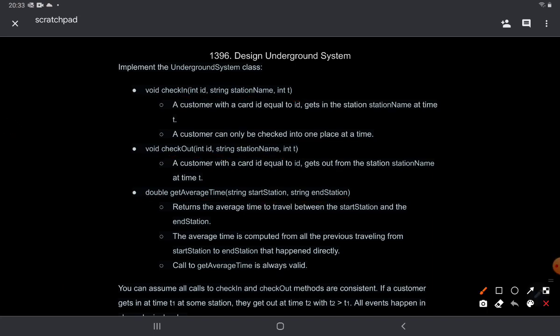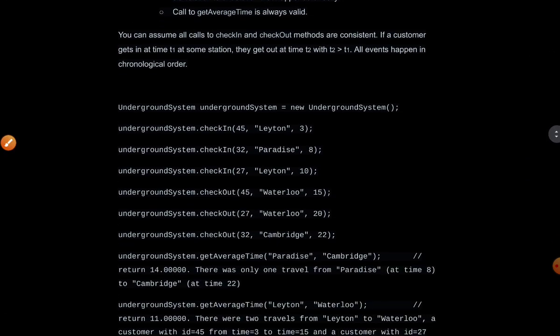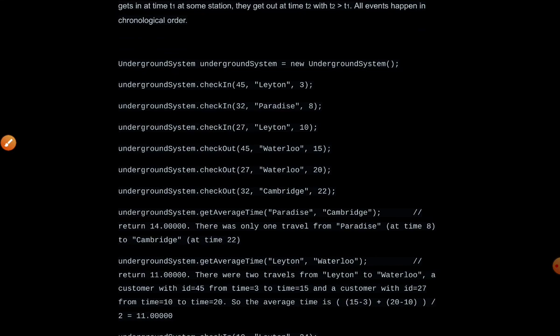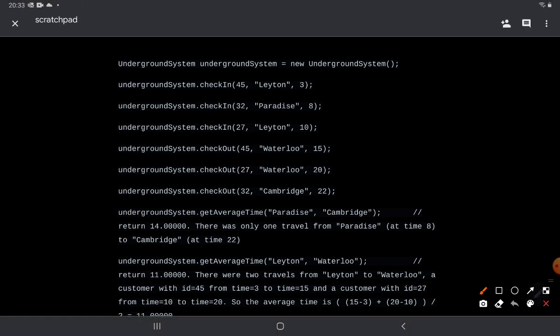Here they have provided an example. Let's take this example. So we can solve it using a couple of maps. So let's call the first map the user map, and let's call the second map the average time map.